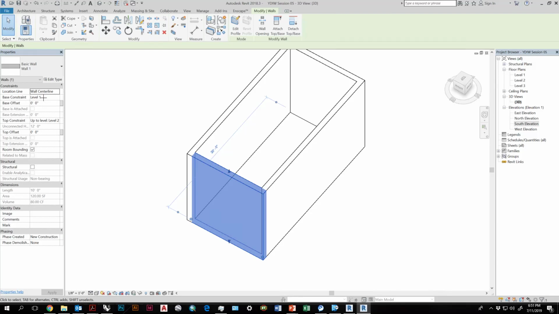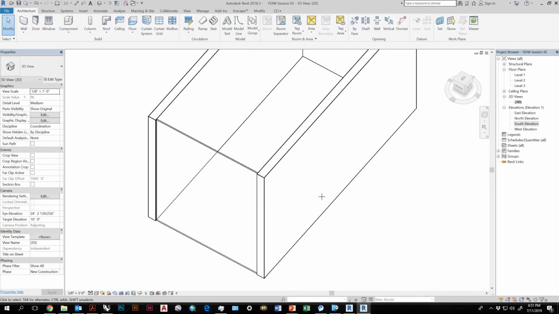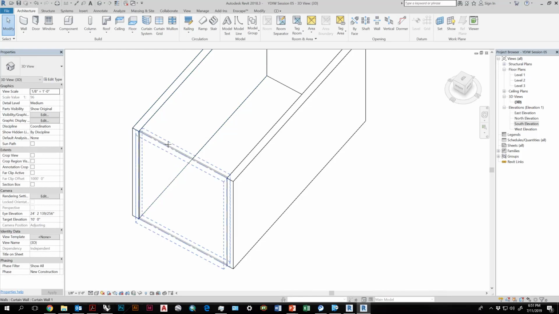In this case, this is an instance property, but I want to talk about types and potentially create a new type. Right now there are only 3 types in the model. There's a basic wall, which is just a generic material at a certain thickness. There's a curtain wall, which is just a generic curtain wall of a generic thickness.